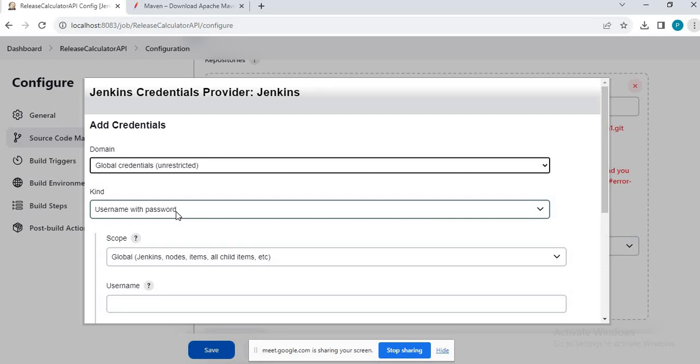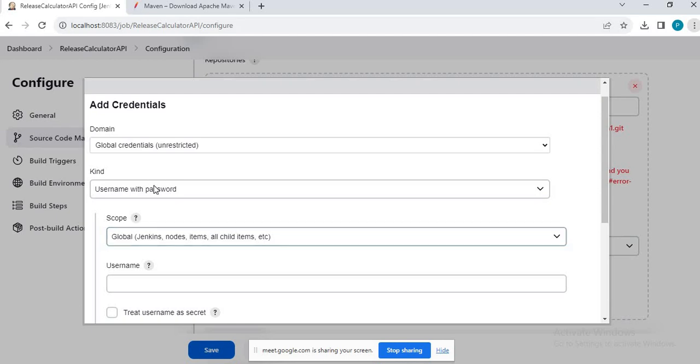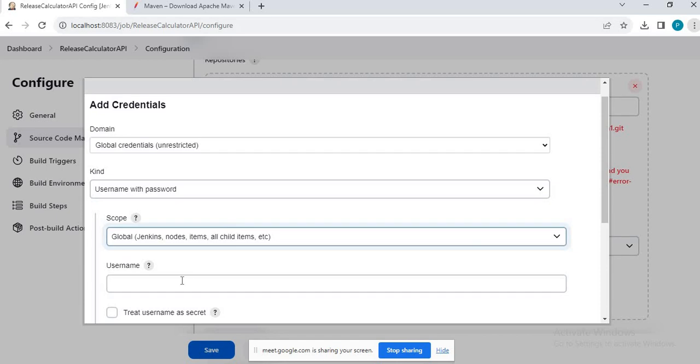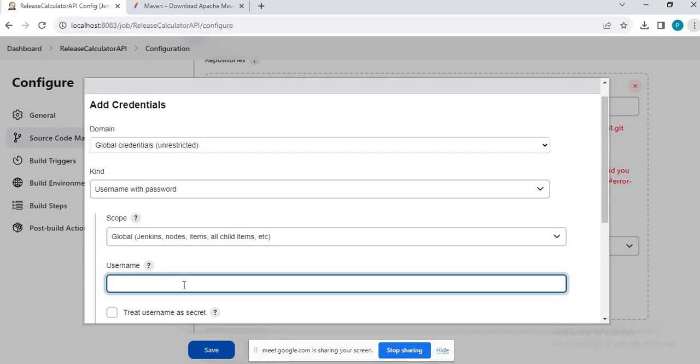Anything I can do with this username password kind of credential, so I'm just keeping username and password. Scope, I want to use this particular credential in our Jenkins job, so I'm keeping the scope as global, and let's provide the credentials.